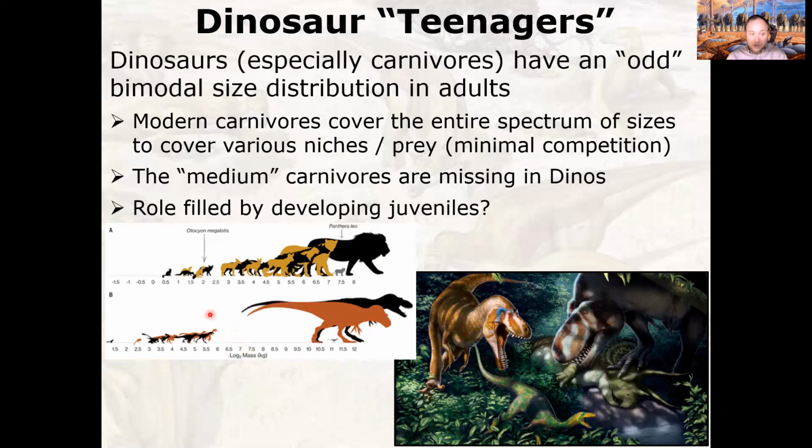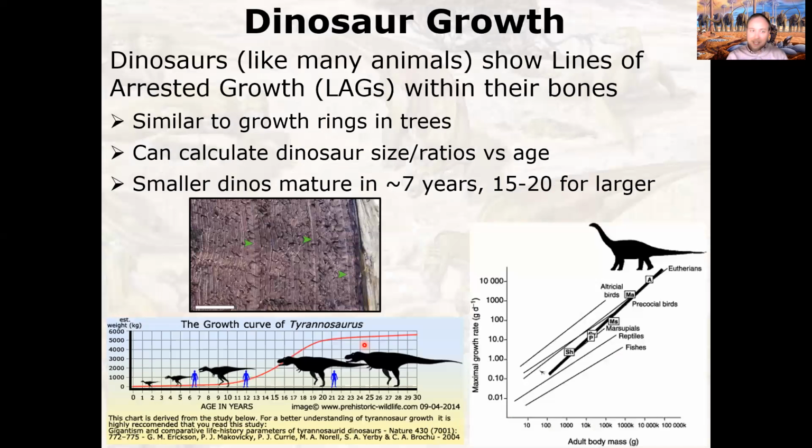It's not that there are no mid-sized carnivores, it's that those roles are filled by the growing large carnivores. And so there's no room for other animals in that. A Nanotyrannus is going to outcompete anything that kind of fills this space. It's just better at doing that job. And so there's this weird kind of bimodal distribution where you have really small carnivores, really big carnivores, and apparently nothing in between, because the medium animals eventually go on to become the large animals. And so again,